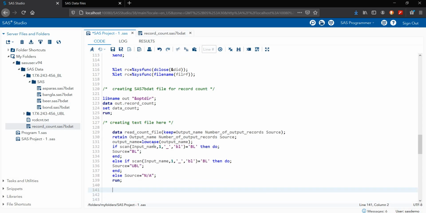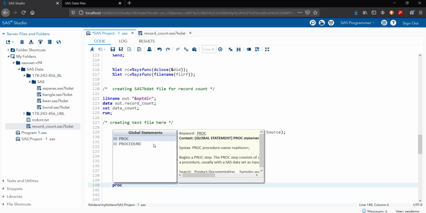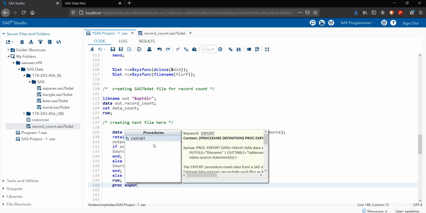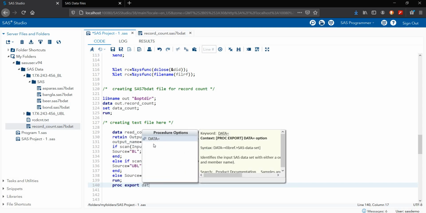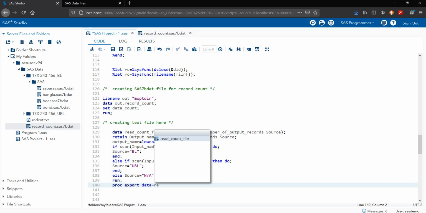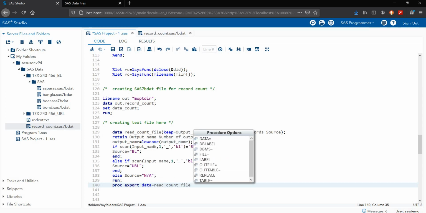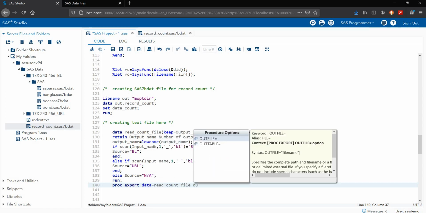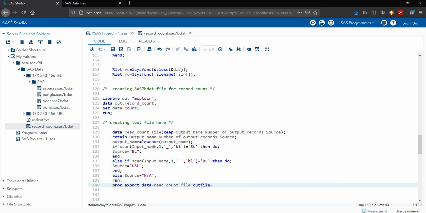Now we are exporting our data, so I'm using proc export. Data file name is my read count file. This is my data that is created. Then outfile, where we want the output of this file.